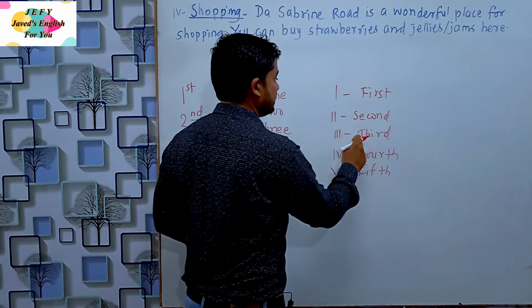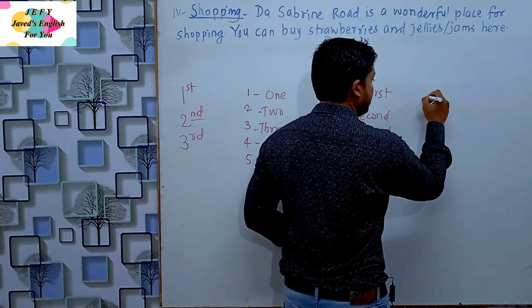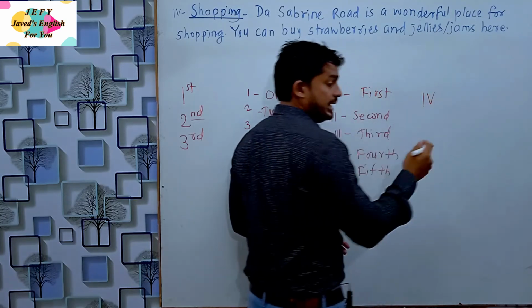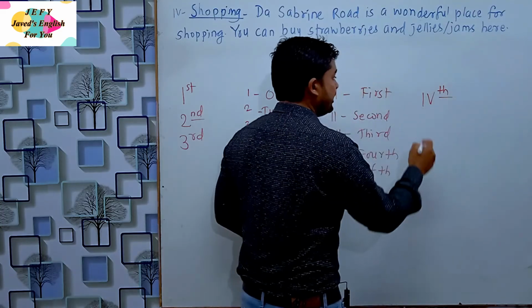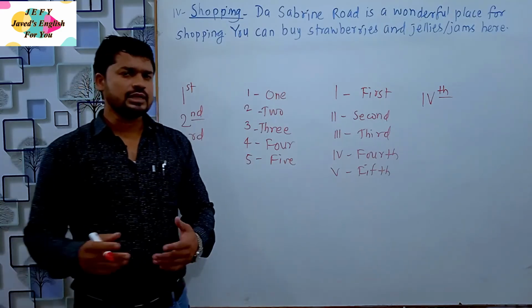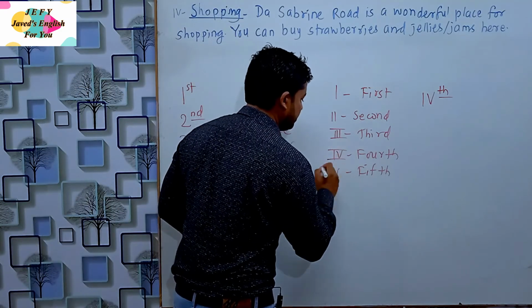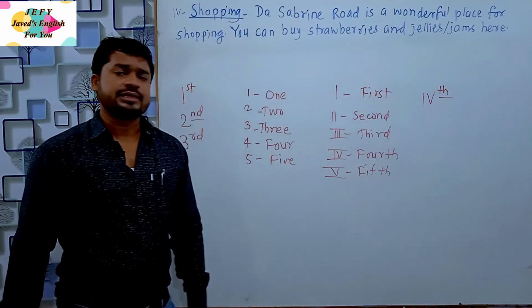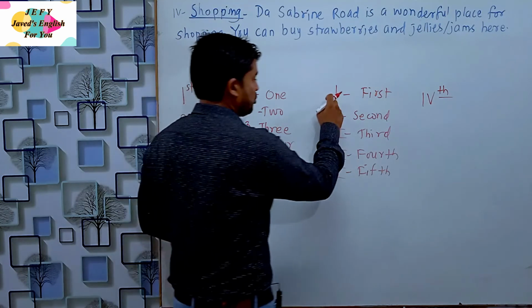But if you have Latin numbers, you have to read them like first, second, third. I have seen enough people, what they do is they write a Latin number like this, and they add th here. If it is already fourth, then what is the purpose behind adding th here? One more thing, there is no need to draw such lines, okay? Many people draw these lines. It is quite unnecessary and wrong.